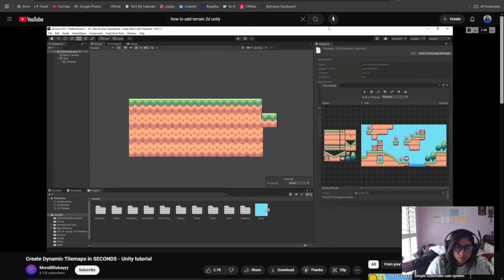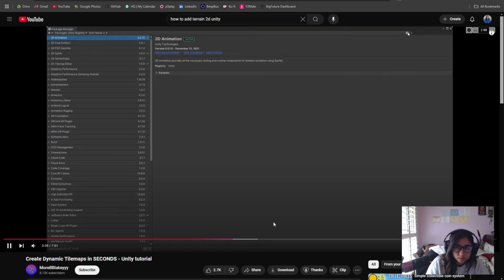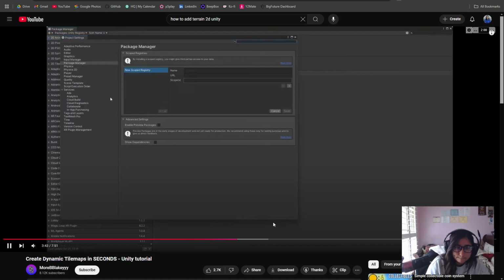Now to download these tile map extras, we can do it from our package manager. Now if you go to your Unity registry, you won't actually find it here. What we need to do is enable preview packages so it will show up. So let's go to our little cog in the top right here of our package manager, then advanced project settings, and then in our advanced settings here in our package manager, we can enable preview packages. You might get a little warning, just ignore that. And then in our Unity registry,